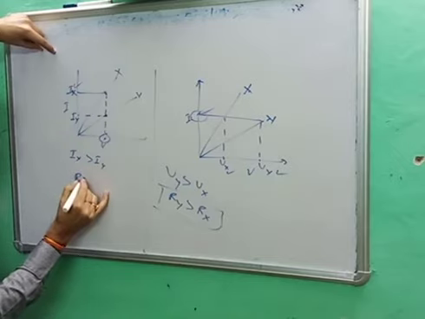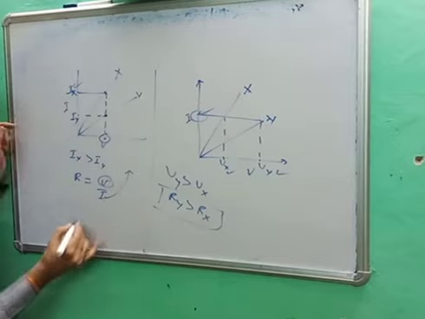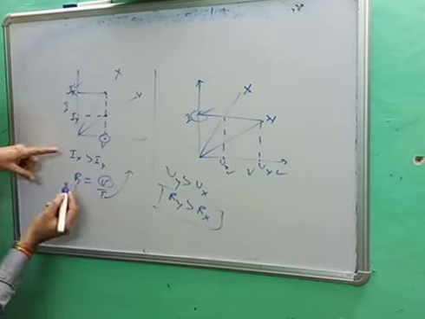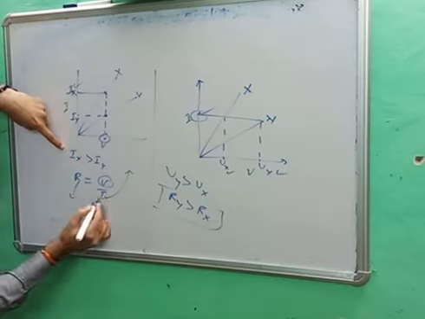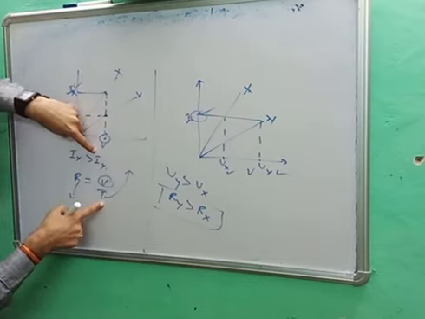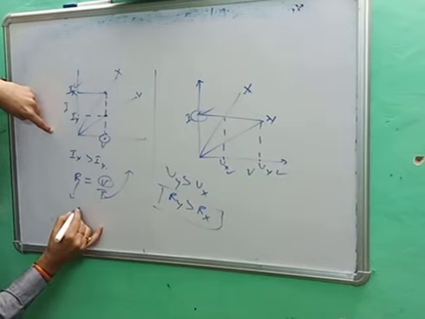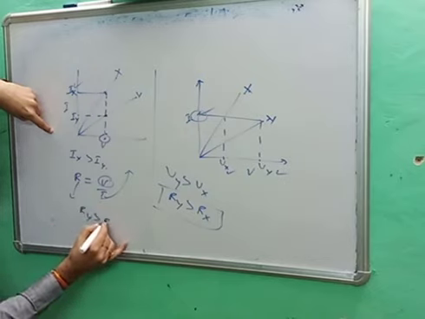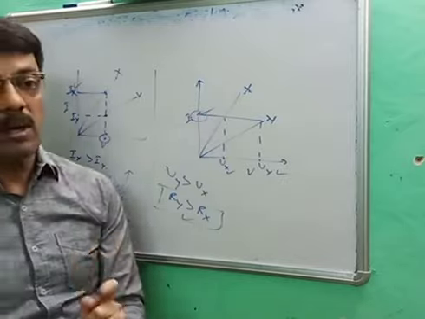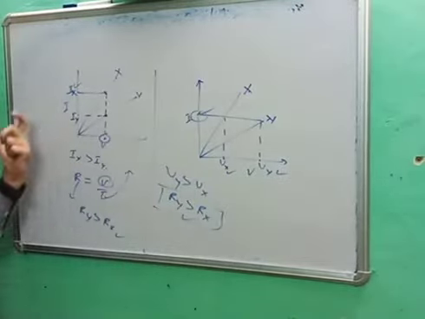But for resistance, R is equal to V upon I. V remains constant. And if I is more, resistance will be less. This is the basic concept of maths. Since here X's current is more, its resistance will be less. Y's current is less, it is in the denominator, so its resistance will be more. So again we get the same answer, Ry is greater than Rx. We get the same answer, but in a different way. So this is the conceptual problem based on Ohm's law. By this we can solve it.